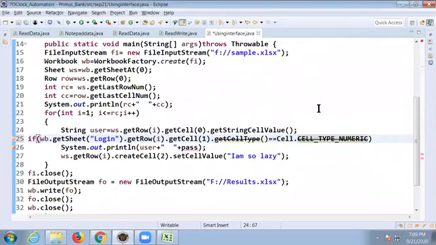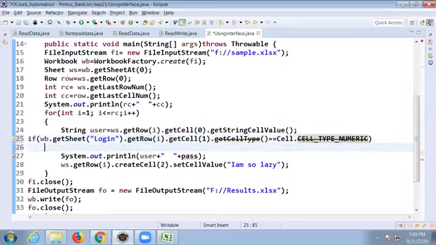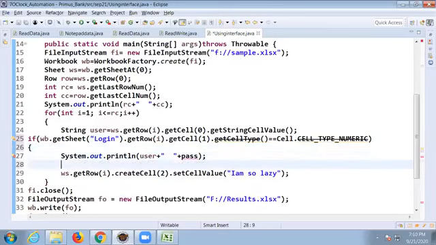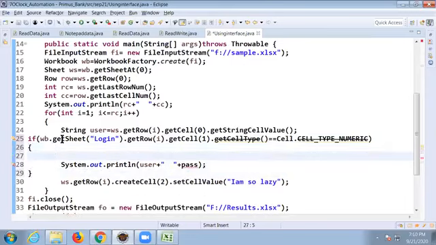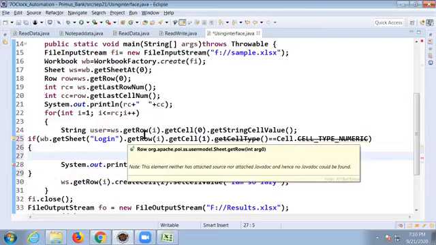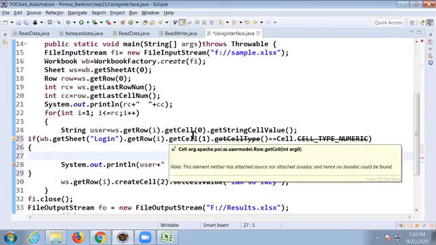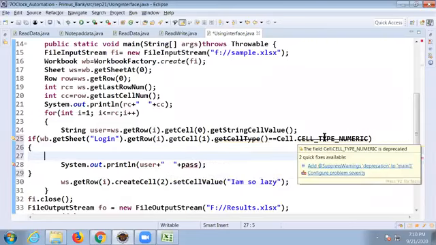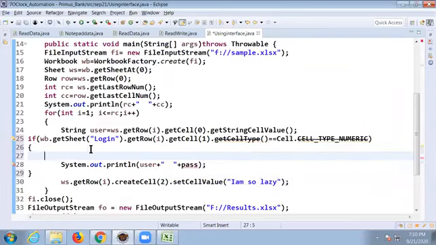Can any one of you explain this condition? I don't understand this condition. Go to my sheet, login, get all rows. In that second column, if that cell type is integer type, that is the condition. If cell type is integer, first get